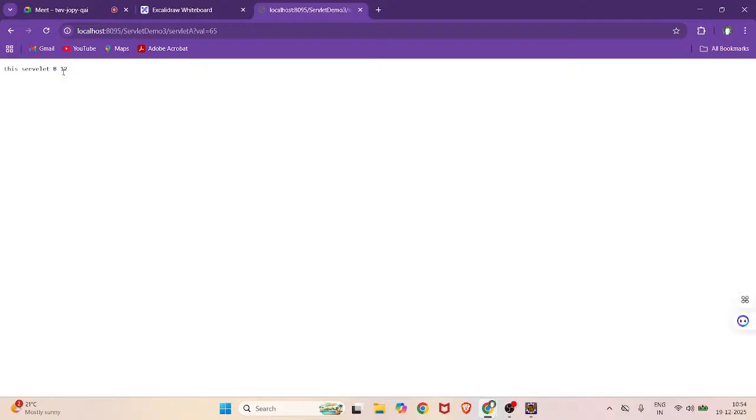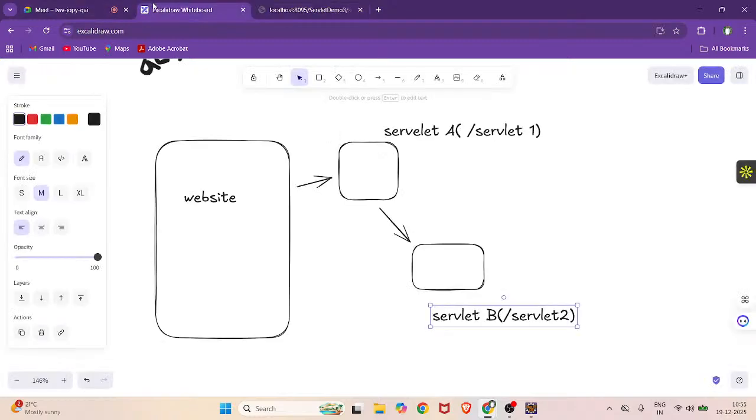Here you can observe three ways of setting variables. One is at the servlet level, by using the servlet configuration. Another is at the web app level, that means all the servlets, by using the servlet context. Another is by using the HTTP sessions, right? These are all the concepts of servlets. These will help you in AEM, because the concept is the same, but the syntax is